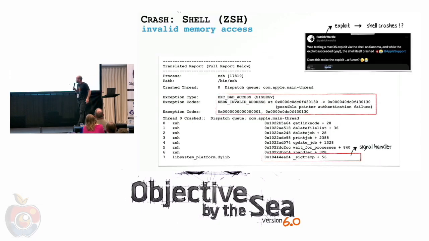The next one is in the shell, and this one was hilarious to me, because I was actually testing another exploit. This was the exploit I talked about yesterday, where I needed to suspend the BTM agent so that I could persist malware without any alerts being shown to the user. So I was testing this, it worked really well, the agent was going to sleep, I could persist and bypass